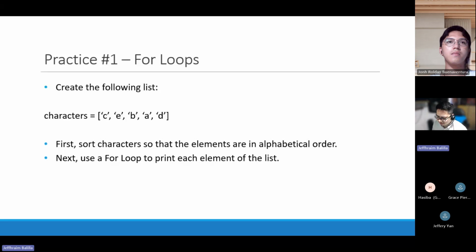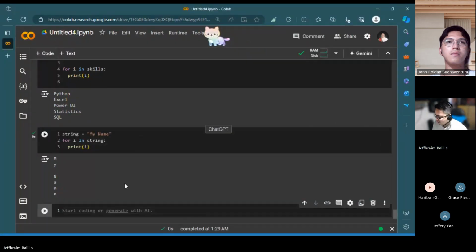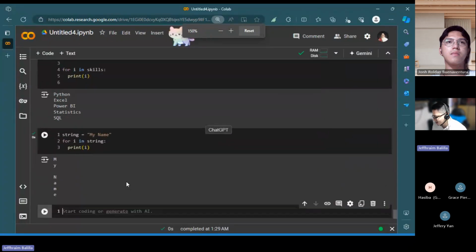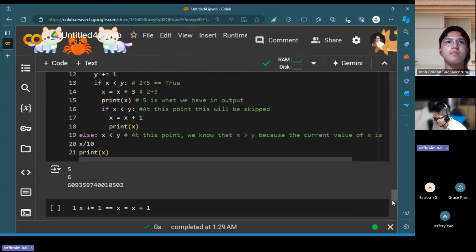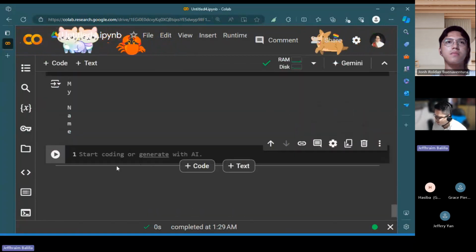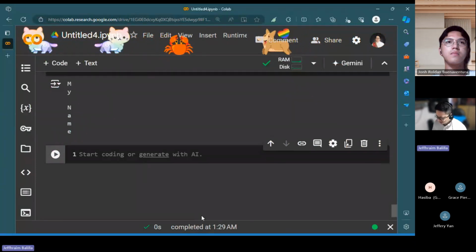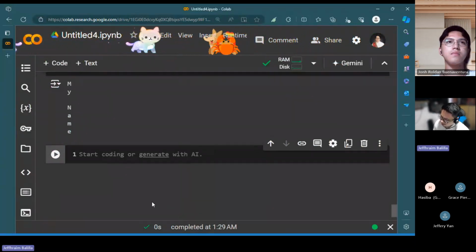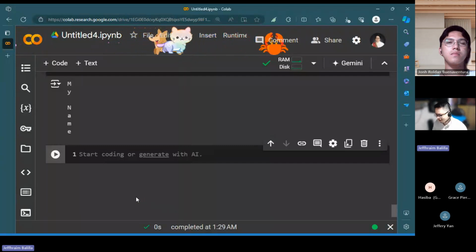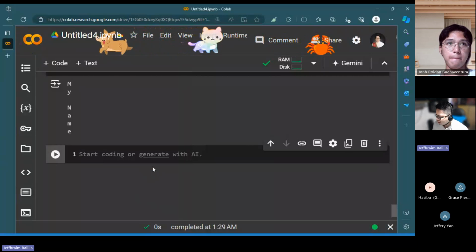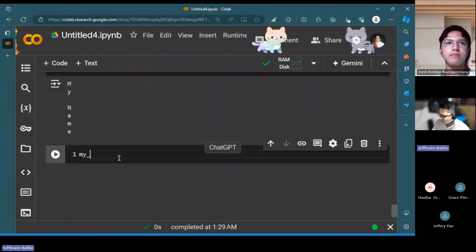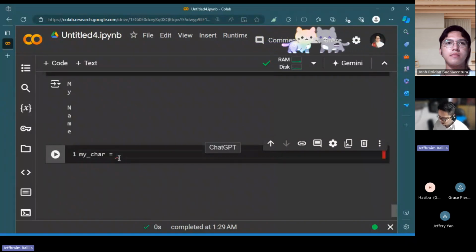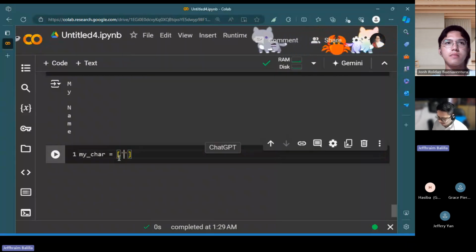So let's switch back here. Again, you can do it through the brute method, right? You can manually sort it, but it's not the most efficient way, because if you have tons of characters in there, it would not be very efficient to do it manually. Okay, so I'll be creating a new list. I call it my car, and then I'll have the following characters in it.